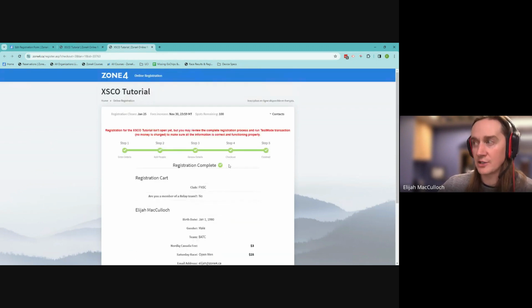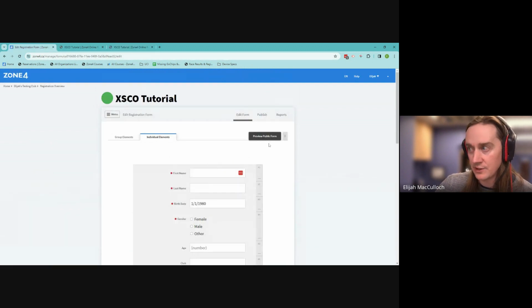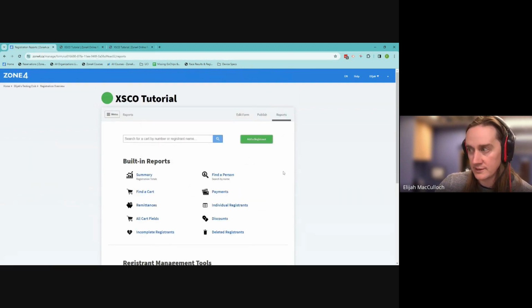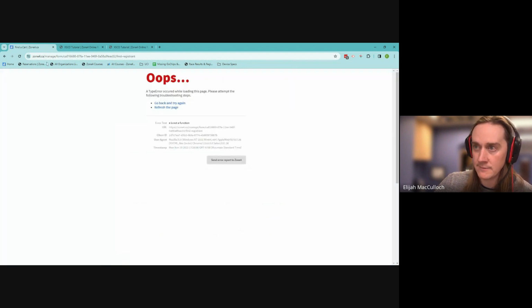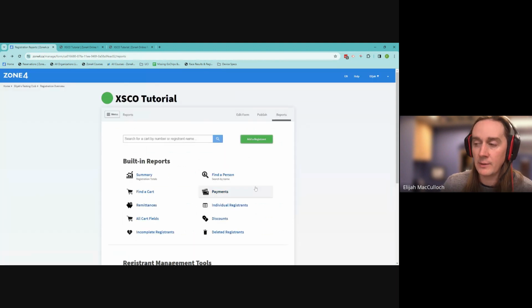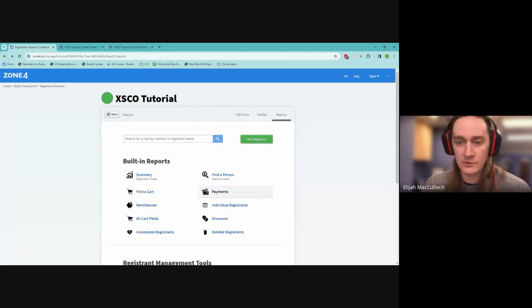So now I've actually registered, and now when I go back to the registration form and I go to reports and find a cart, I think I'll appear. No, maybe not. But anyways, you can then go see, try out the form, make sure it makes sense,